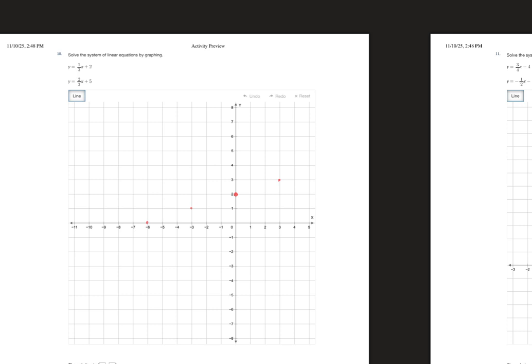Come on now. Like that. Okay. And the other one, let's do it in blue. The y-intercept is 5. Slope is 2/3. Rise 2, run 3. Rise 2, run 3. Okay, this one's a little bit more interesting